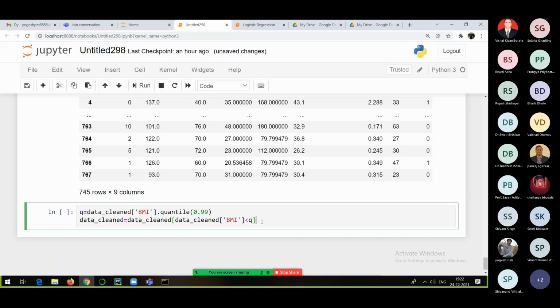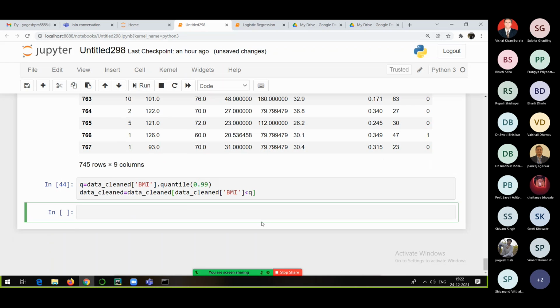That's how it is. Now if I run this, and check data underscore cleaned dot shape,